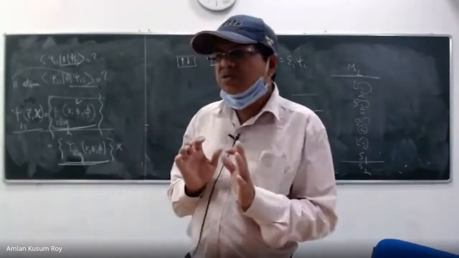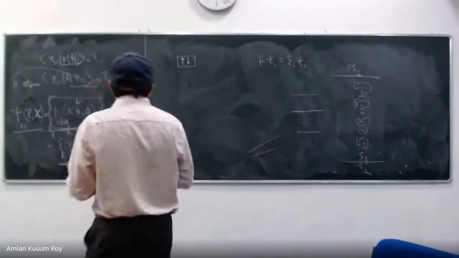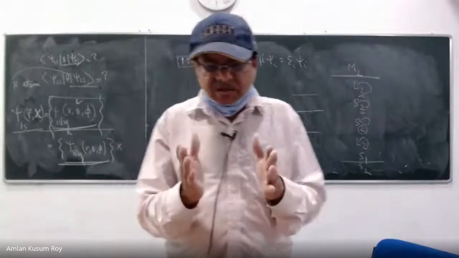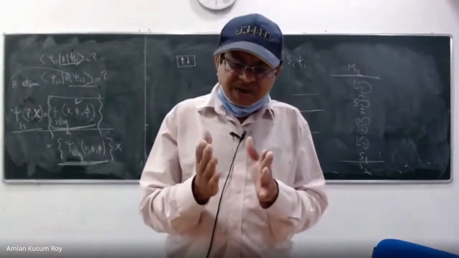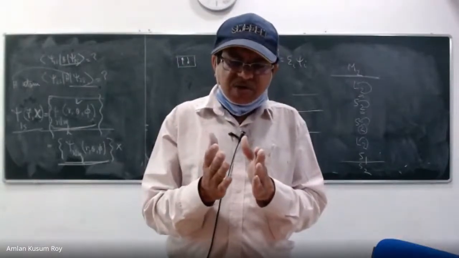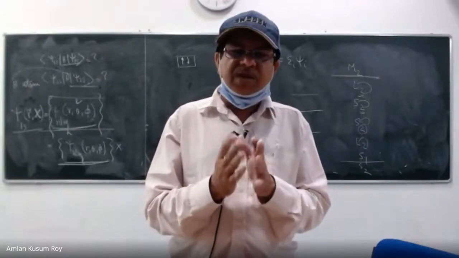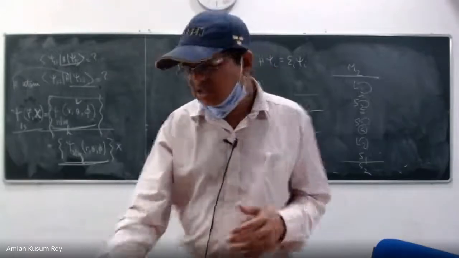Now the question is, why do I need to do this? Remember, I said so many things about these commutator relations. That means there must be, as we have already proved, the operators H, L squared and Lz.